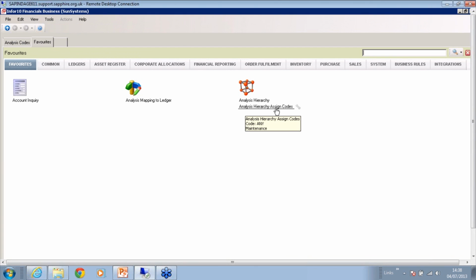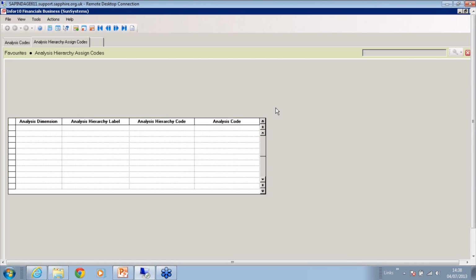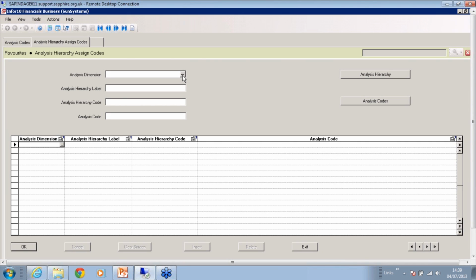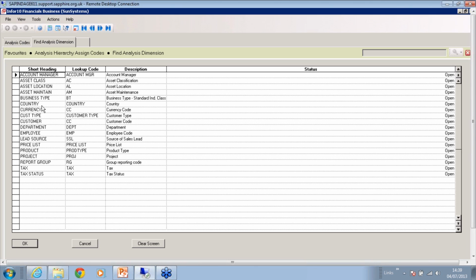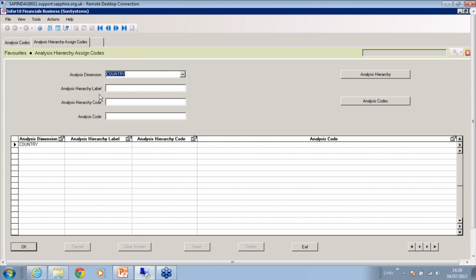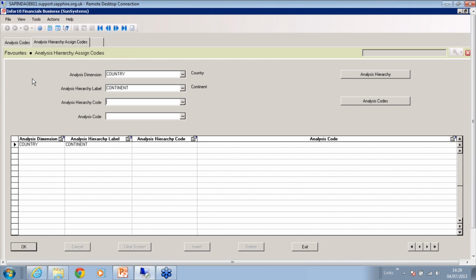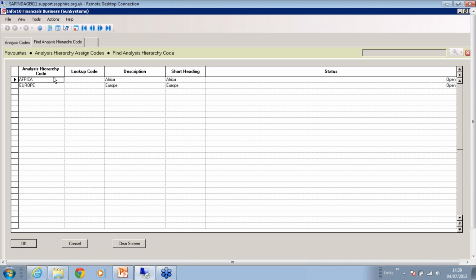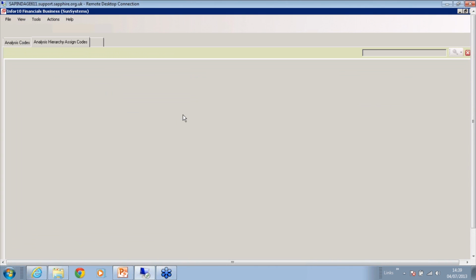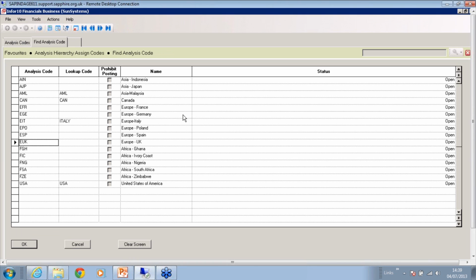and then go into a second function called hierarchy assign codes. Click on analysis, hierarchy assign codes. Select the dimension that we were trying to group. Click OK. Select the hierarchy dimension that I'm going to use. I'm going to use continent. The hierarchy code that I'm going to use, I'm going to first start with Africa. And in my analysis codes, I'm going to select all my Africa analysis codes